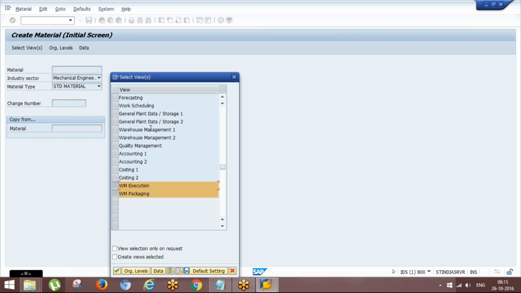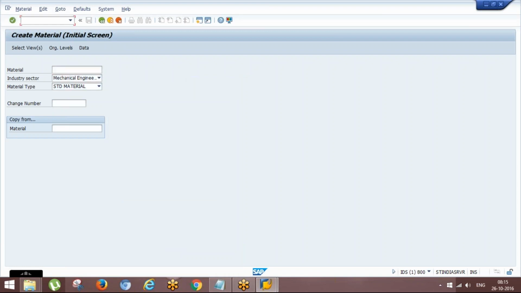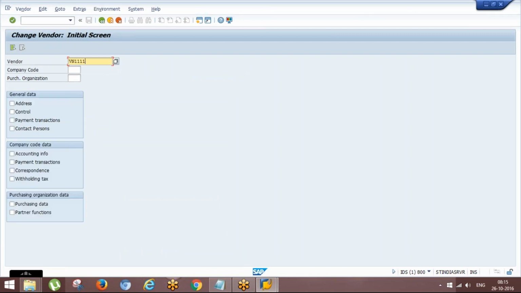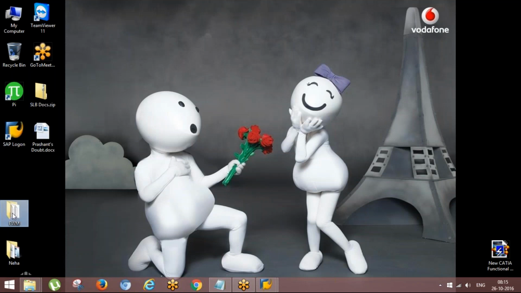Can you go into the XK02 transaction? Go into purchasing data, enter your company code and purchase organization. The vendor you have created, the vendor for which you want to mark as a plant.